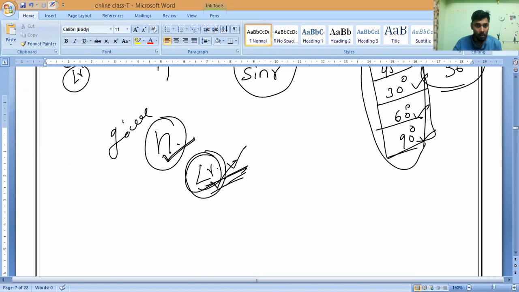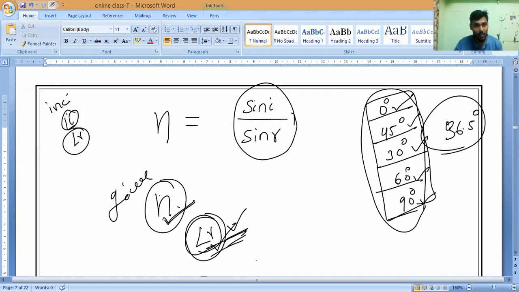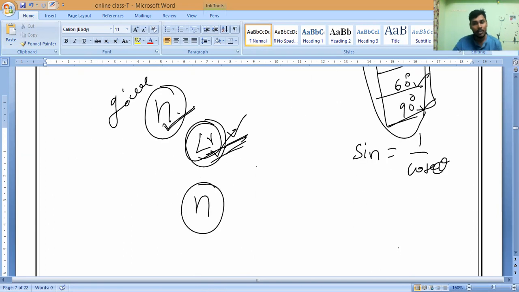Two questions we will solve now. One is from our sample paper, one I will give you. First, calculating the refractive index, we will solve the question. Can you understand what the formula is in this case? Refractive index is equal to sin i by sin r. No confusion. Okay. Now also remember, these are the sine values. Now the inverse of sine, as we know, sine is equal to 1 by cosecant theta. Is it yes or no? Cosecant. So this also remember.